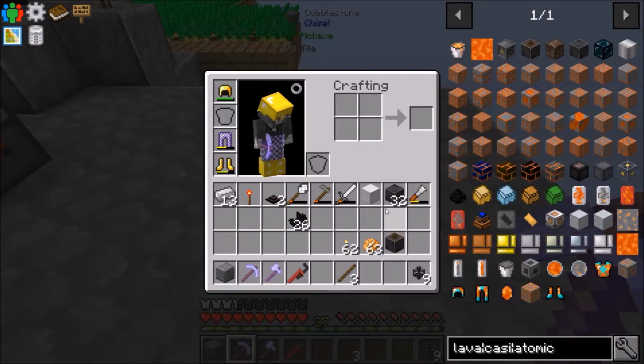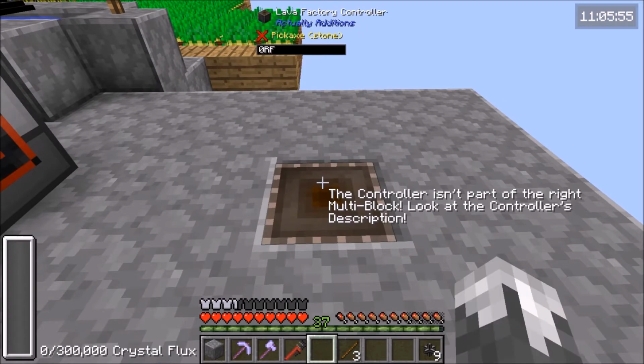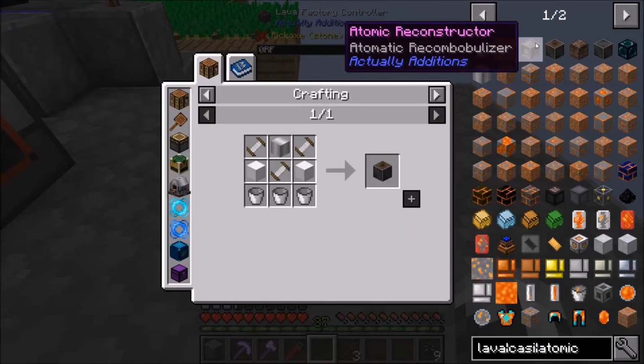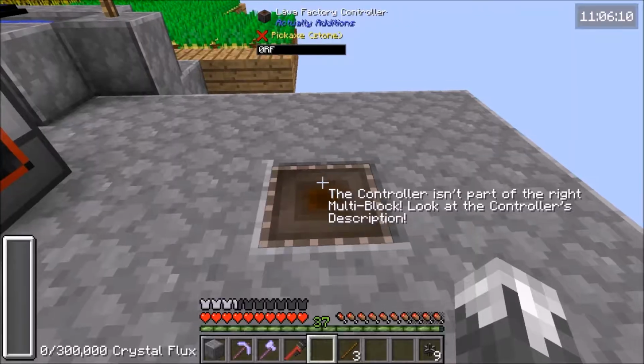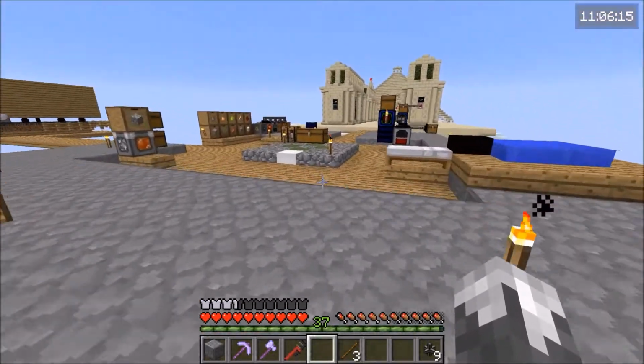So let's go ahead and place this right here. Alright, now let's check this to see exactly how we're supposed to set it up again. Alright, so we can run power. We need another